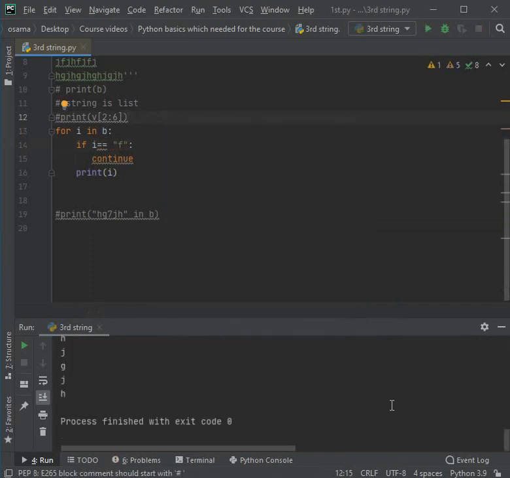So you will notice that any value inside the string B will be printed except the F. If inside B